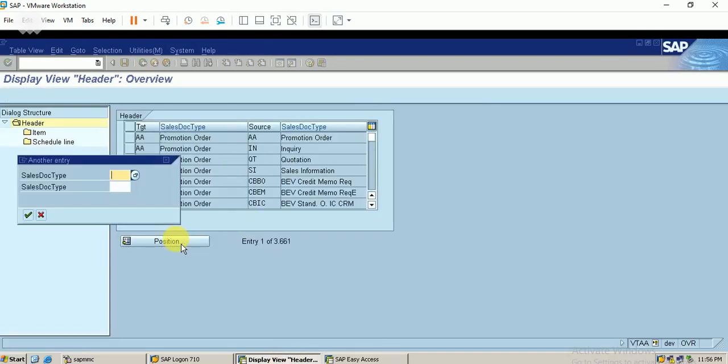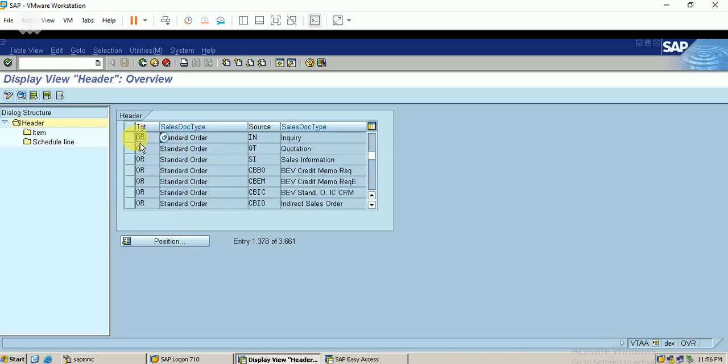Here you can see, I go on with the standard document type, this is for OR, and with the inquiry. I select this. It is in display mode, so I change the view. Our sales order document type is ORBE. I copy this, and I will change it according to my requirement, so that the item categories will be copied to my sales document type.